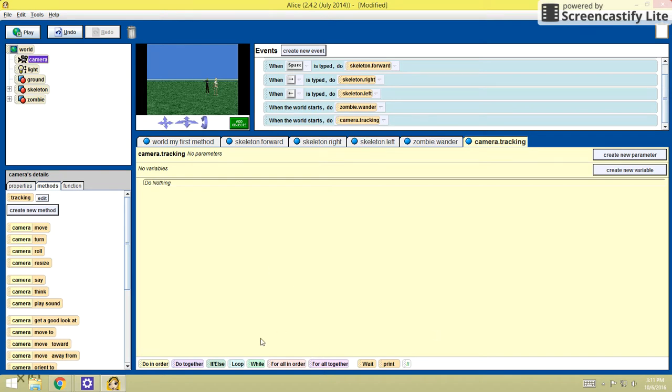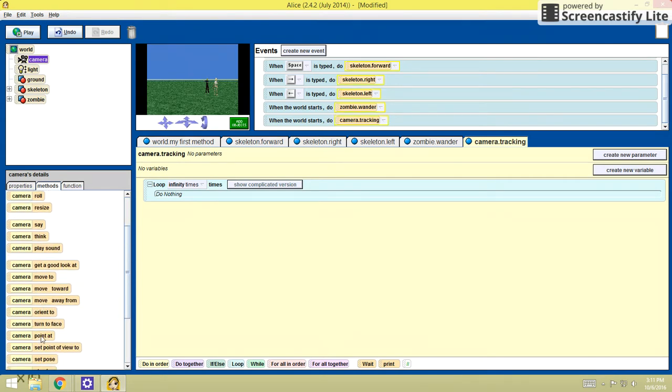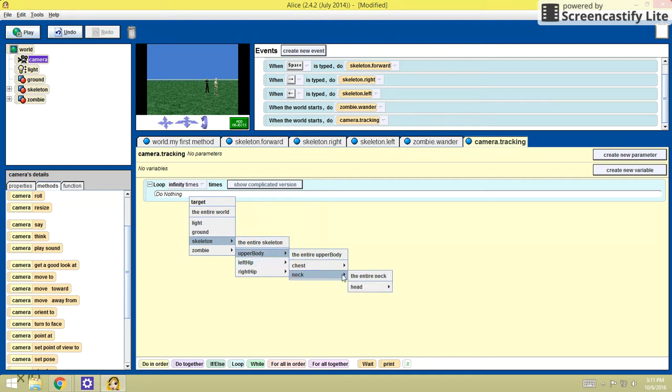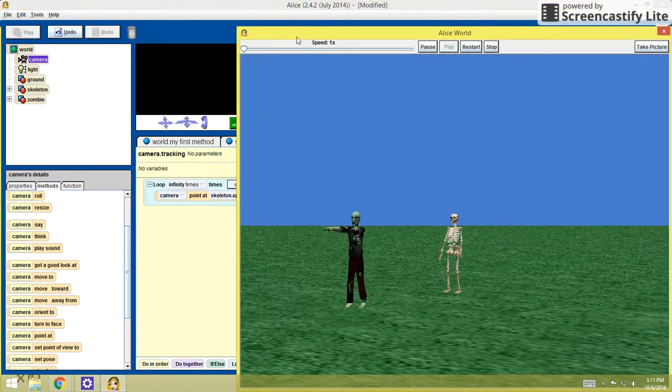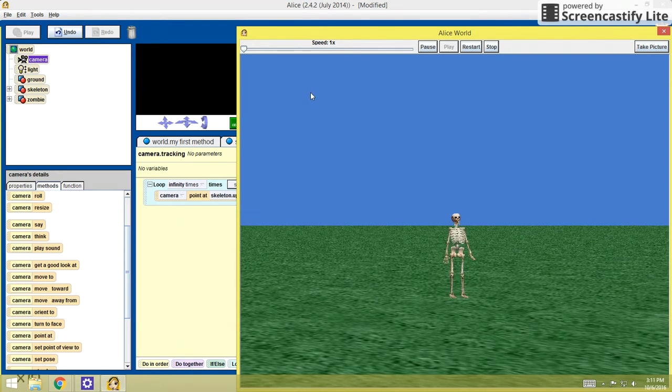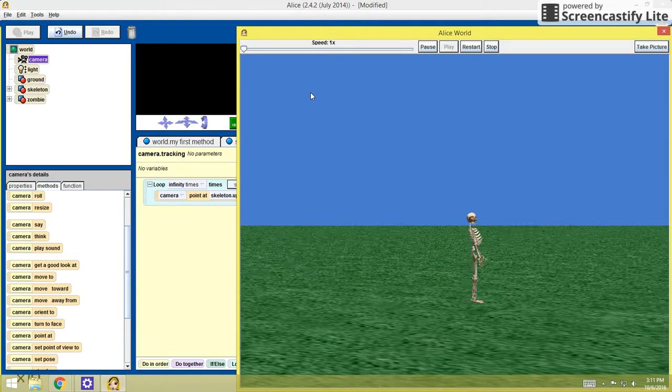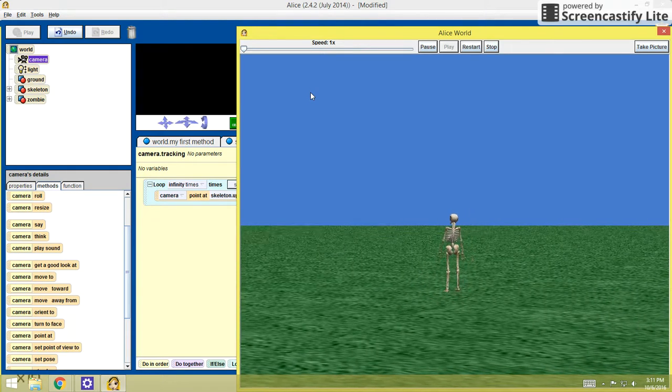Now the camera tracking is something that I'm going to want to happen continuously, so I'm going to bring in an infinity loop, and basically all I really want the camera to do, if you think about it, is to point at my skeleton. I'm going to choose to point at the head, for reasons I'll explain later. So let's see if this works. When I hit play, looks like we're pointing at the skeleton's head, and everything is good. So my skeleton can effectively follow the action,